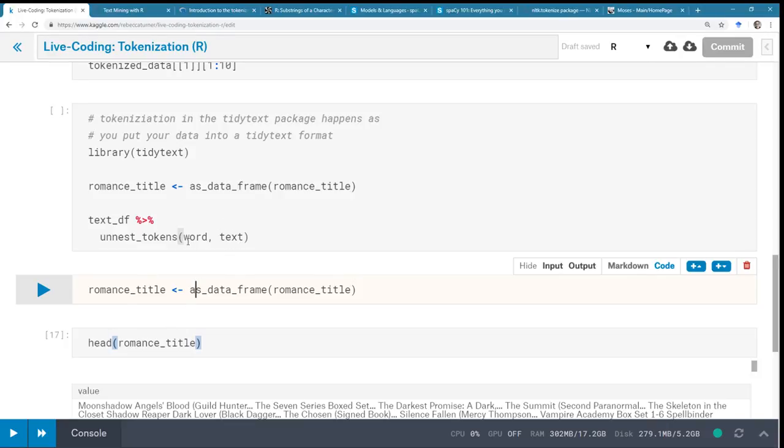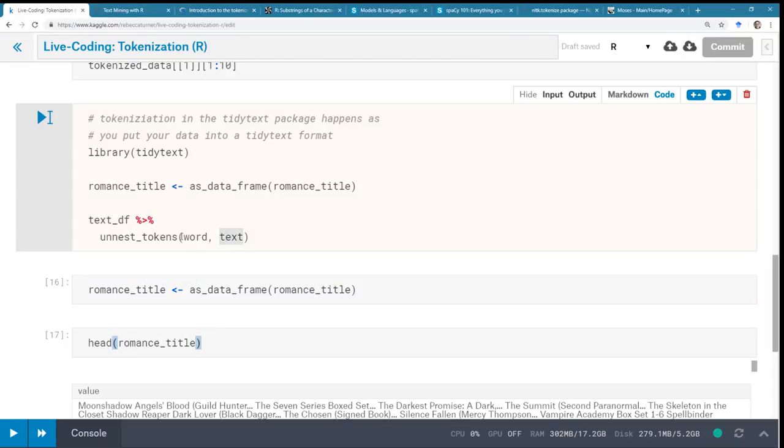And then the output was word, so that's what it's going to be called. And the input in our example was text. And I believe here it's going to be value. And I'm going to call this tidy romance, which is where you completely avoid sprinkling rose petals on stuff because that gets everywhere. All right.